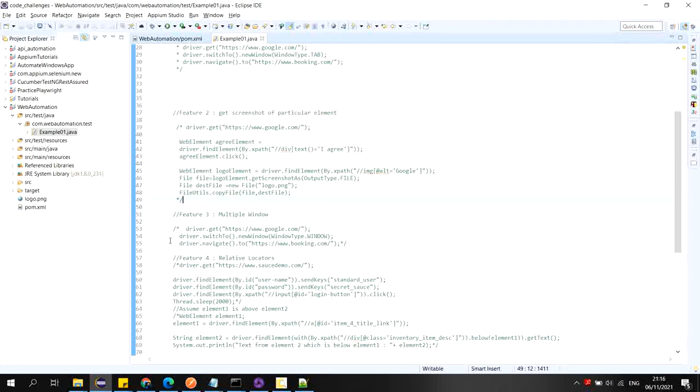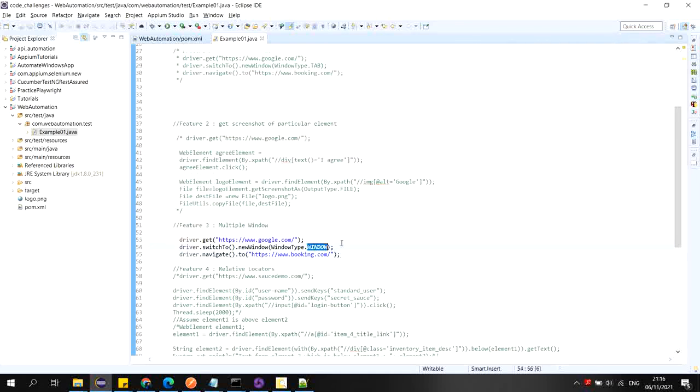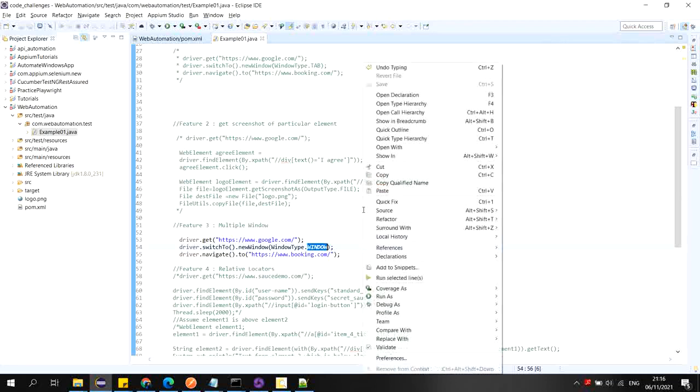Now I am coming to feature number 3, that is open multiple window. This is the same thing as how to open multiple tabs. Here I am just passing the parameter window type as a window, not as a tab. Otherwise everything is the same. If you have a scenario where you have to open multiple windows, you don't have to open multiple tabs.